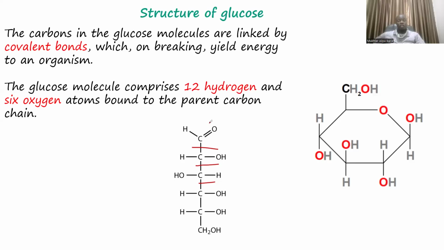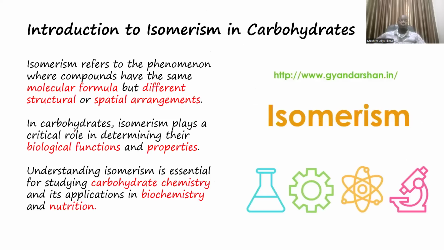So this is actually a linear form of glucose. It is linear because it is a straight line, and then we have a cyclic form. So this is the linear form of carbohydrate, and this is the cyclic form of carbohydrates. Then the next thing that we are going to look at, ladies and gentlemen, of course, is isomerism in